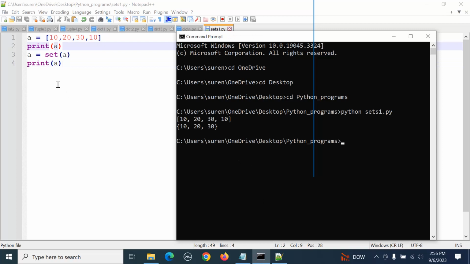Yeah, see here the values of A. Before making a set, we are getting all the values, duplicates also there. If you convert into a set, the duplicates are removed in the form of a set. So generally,